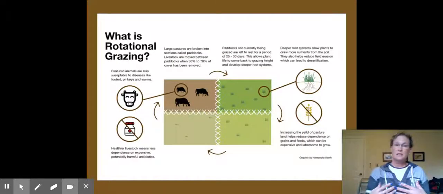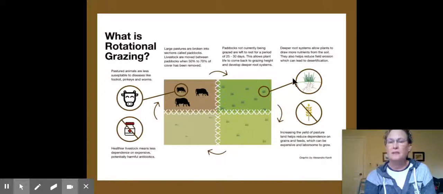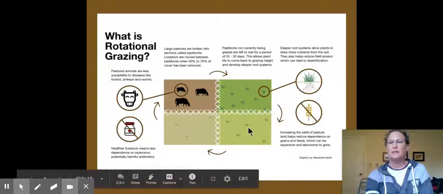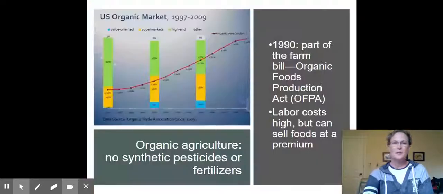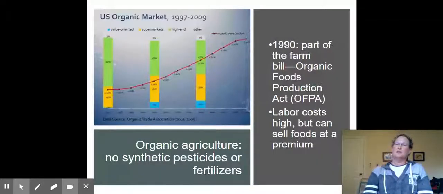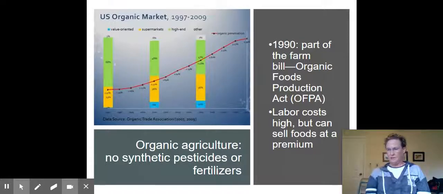So with rotational grazing, you might have cows for a while, and then you have the deeper root systems growing, and then you increase the yield of the pasture, and then you don't have to use as many harmful, dependent chemicals and so on. Okay, so in 1990, part of the Farm Bill, a led piece of legislation, is the